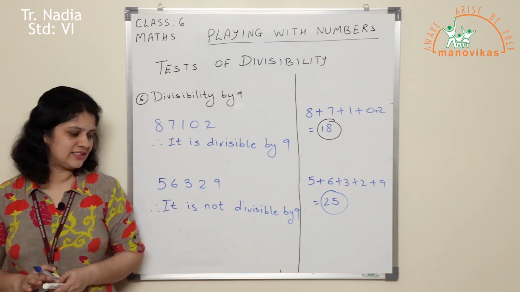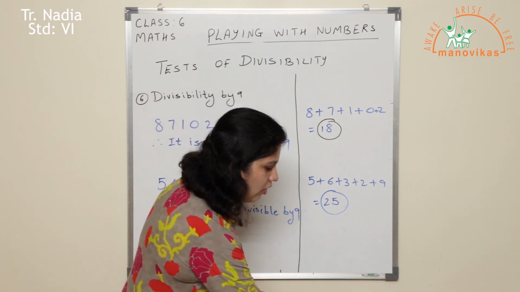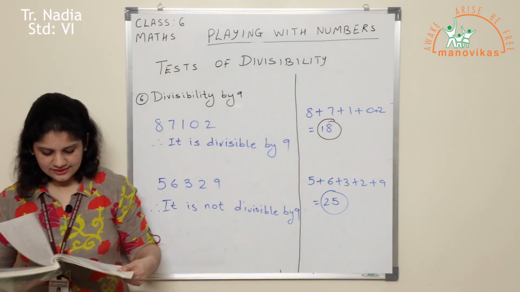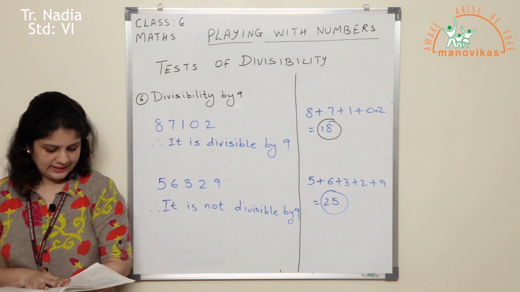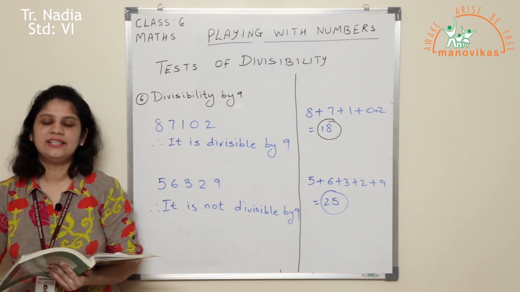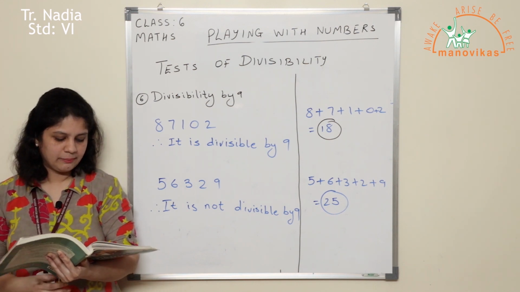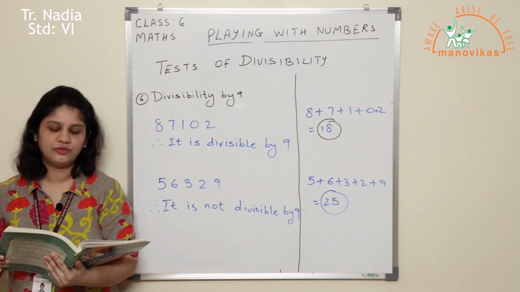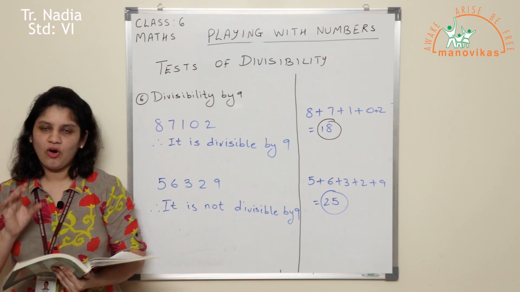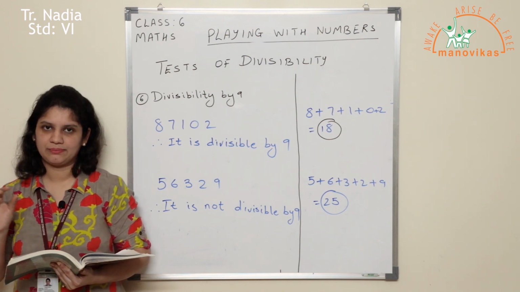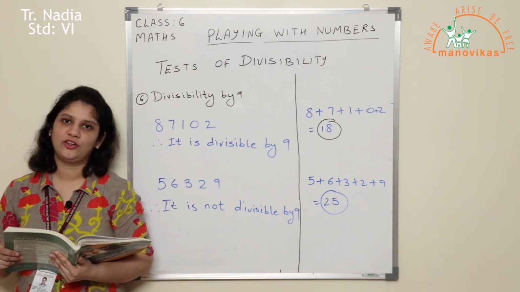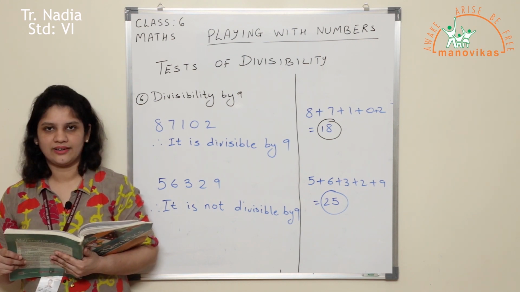Okay, thoroughly understand this. In your textbook, all these divisibility tests are mentioned. I want you all to write this in the notebook also. Like divisibility by 2. The first line which is given there: a number is divisible by 2 if its unit digit is any one of 0, 2, 4, 6 and 8. So for all these tests, the first line which is mentioned in your textbook, how to check the divisibility, please copy it in your notebook and get a thorough idea of it.